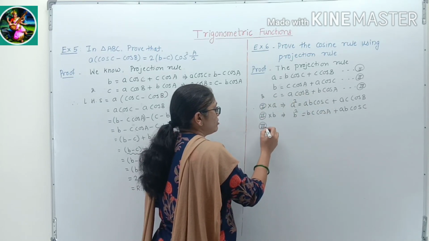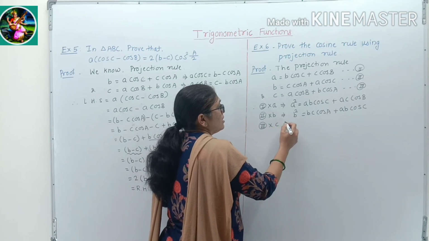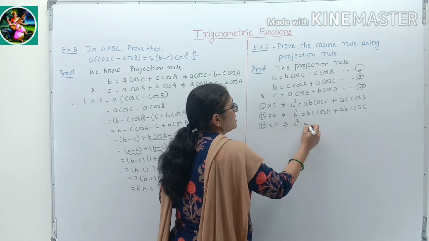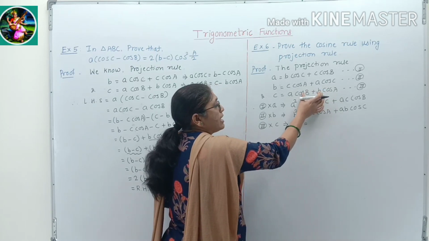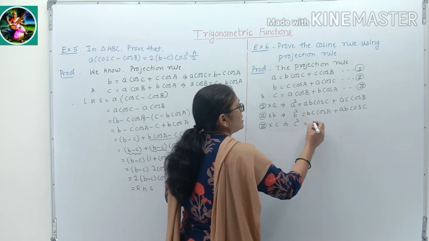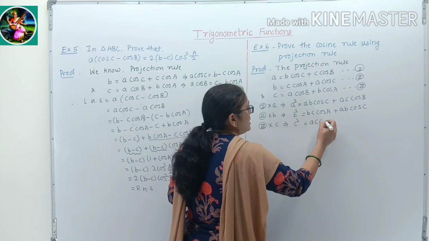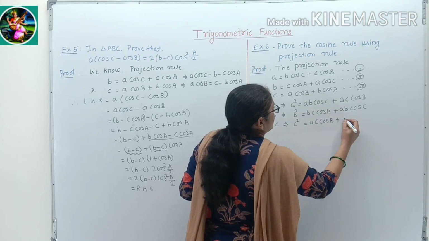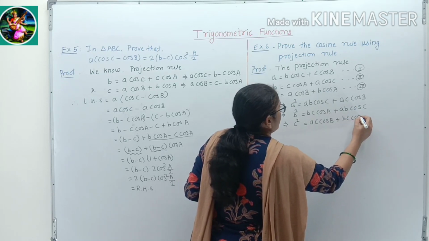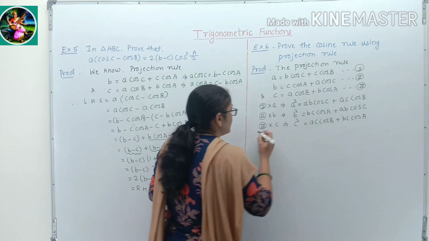That gives c² equal to, multiplying each term of the right hand side by c, ac cos B plus bc cos A. Okay, let us consider